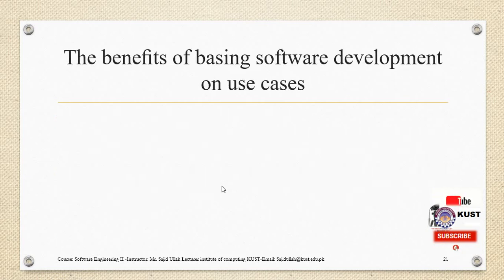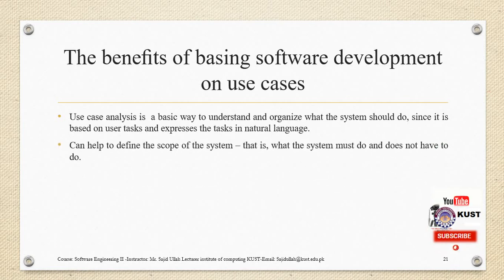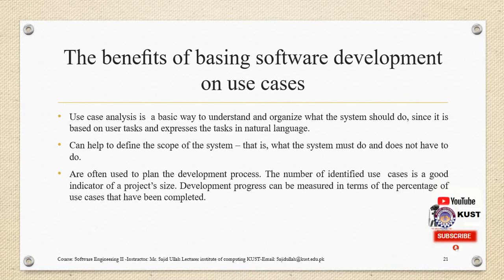Some use cases will have high political or commercial value. For example, in an online stock exchange system, a use case in which a user can see in real time the evolution of the value of a given stock would not be essential. The user could do their job without it. Nevertheless, it might be given a high priority because of its appeal when presenting the prototype to a potential client.